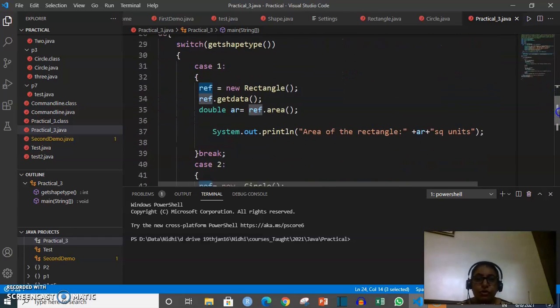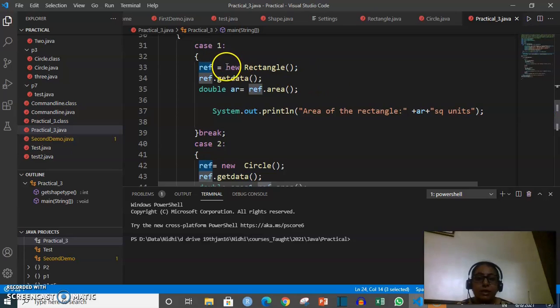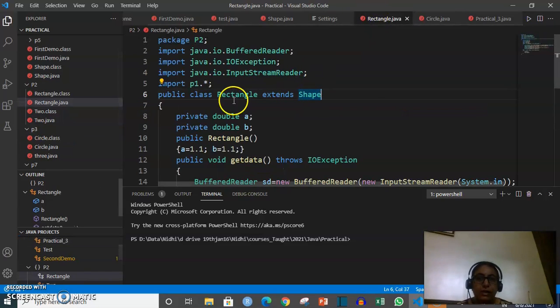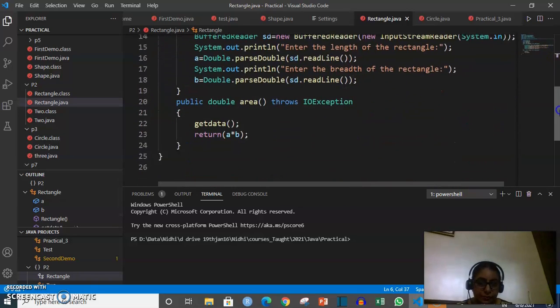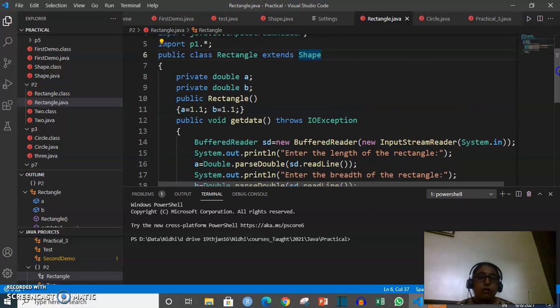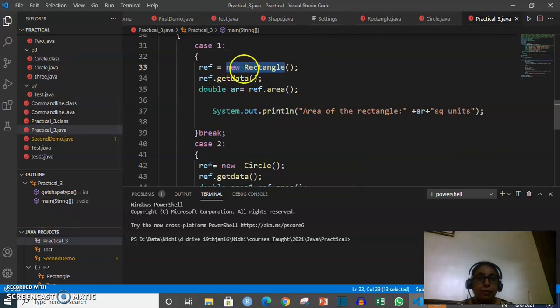Next thing that I want to show you is, while creating the object of rectangle, you are using empty bracket. Why? Because if I see my rectangle class, in this rectangle class, there is no constructor. That means I have to rely on default constructor. That is the reason I am invoking new rectangle empty bracket, and it is working fine.